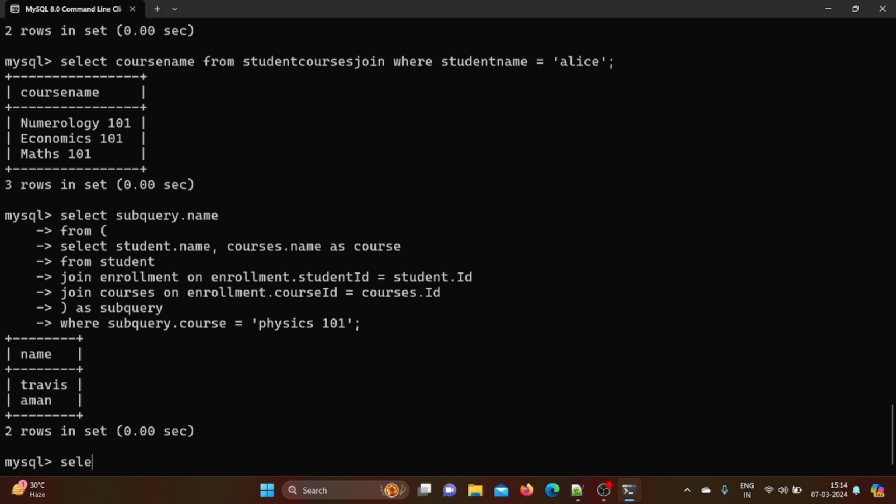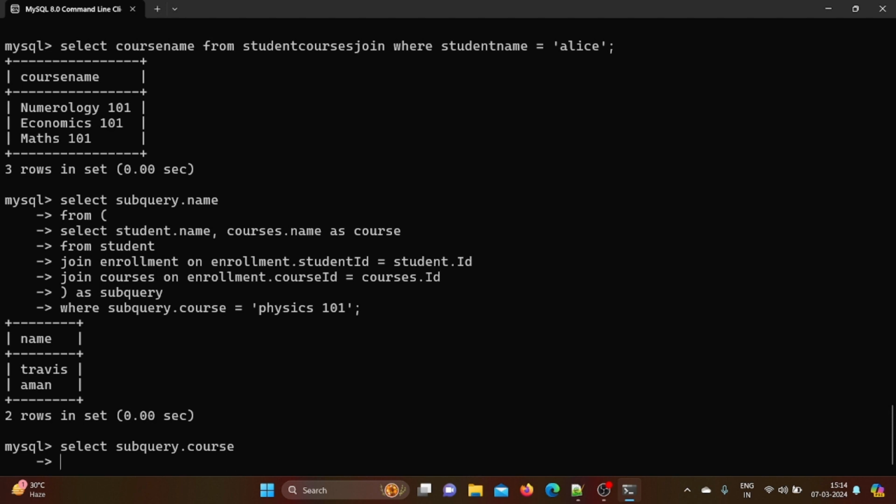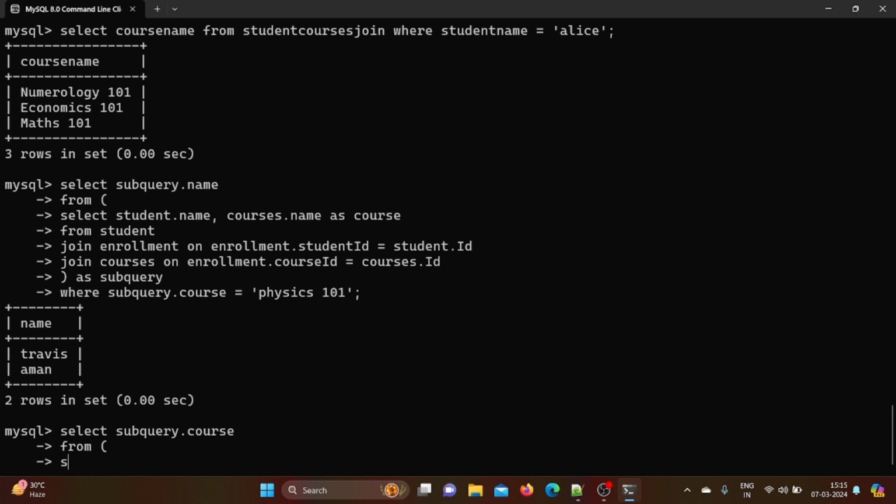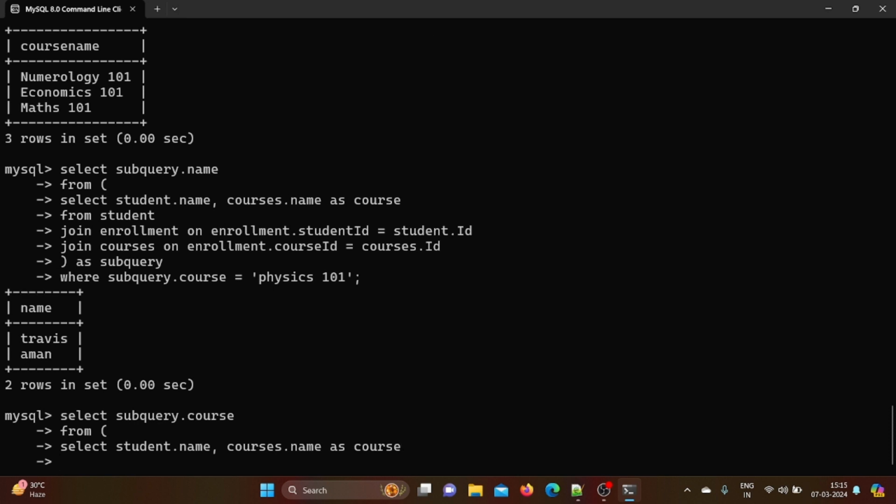We'll type select subquery dot course from, and then inside we will select the student dot name, and then courses dot name as course from student,